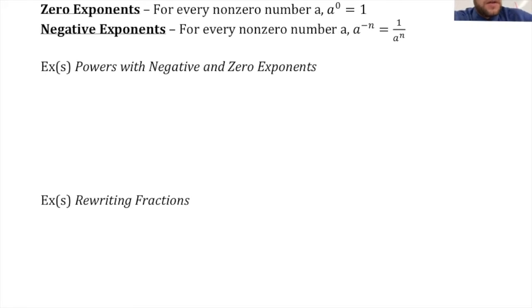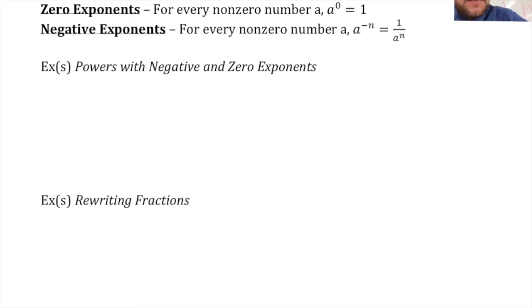All right, and then a negative exponent. If your exponent is a negative number, you just turn the entire thing into a fraction and put the exponent part in the denominator with a positive. Okay? So if there is no number in front, you just put a 1 in the numerator. All right, so for example,